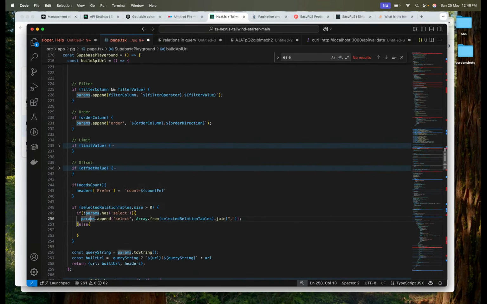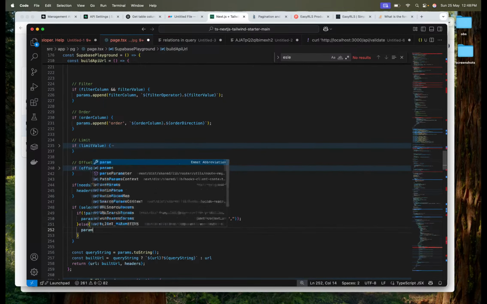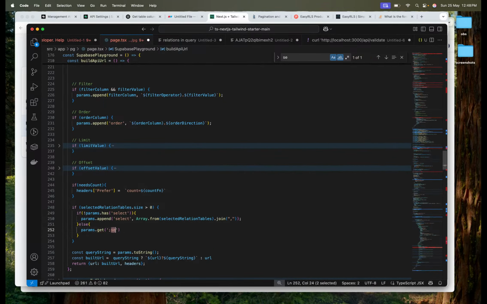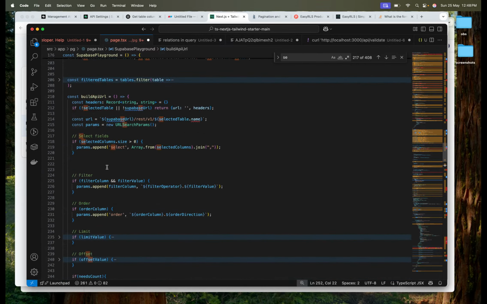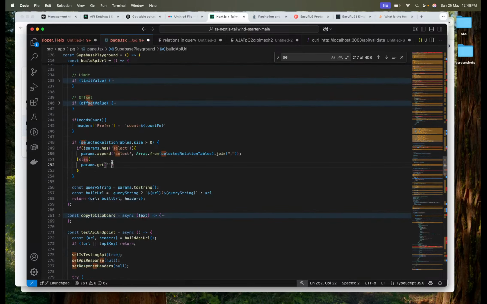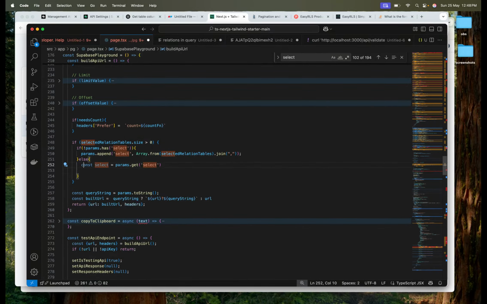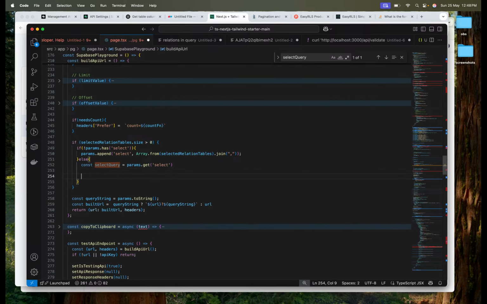Else we need to update. You can just copy how, so in the select query param, we want to add at the very end the, like, let's